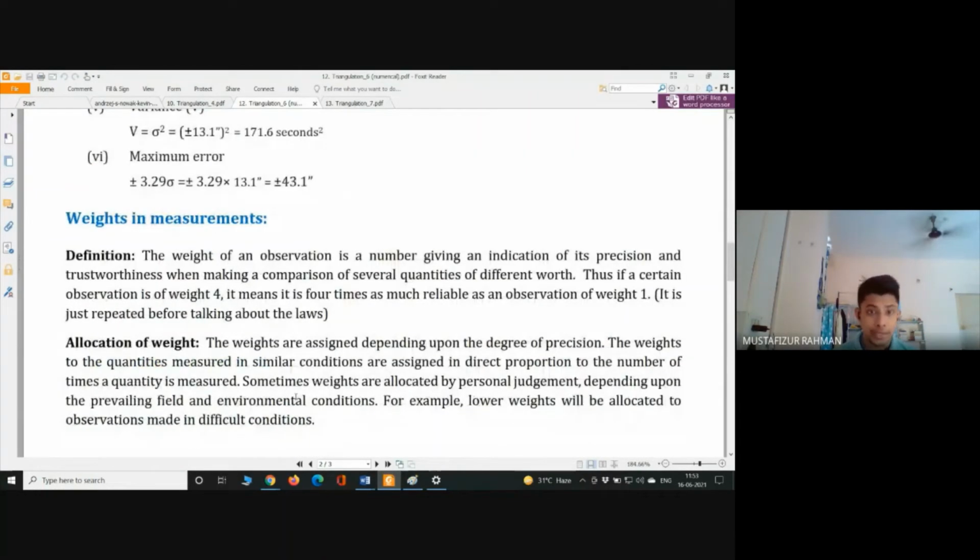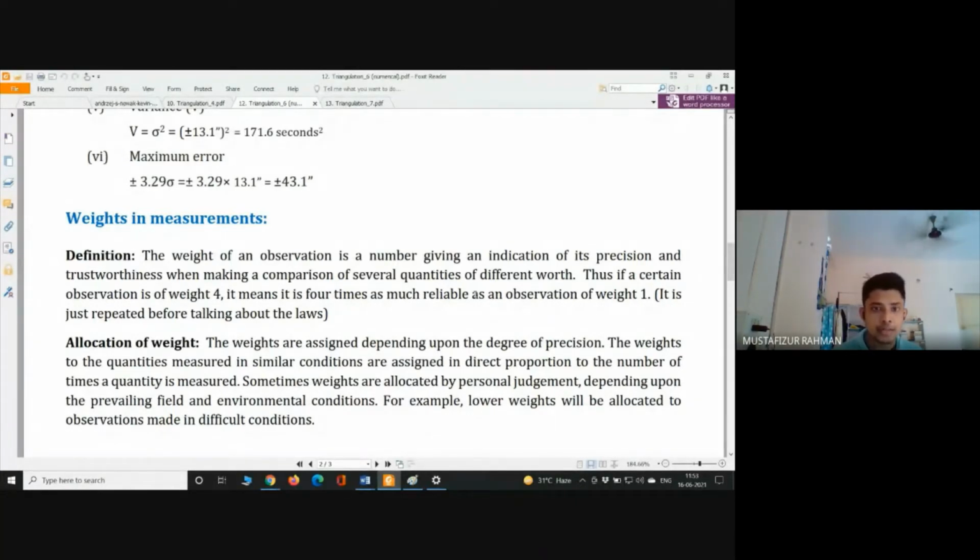Then we go to weights. We already discussed a little about weights. Now we will see the allocation of weights. So what was weight? Suppose we have carried out a measurement of an angle only one time, and then another